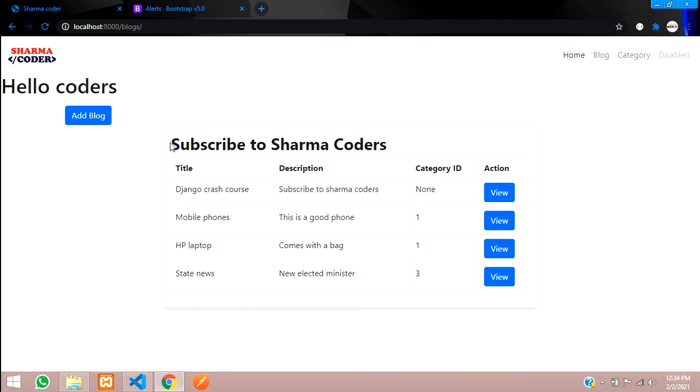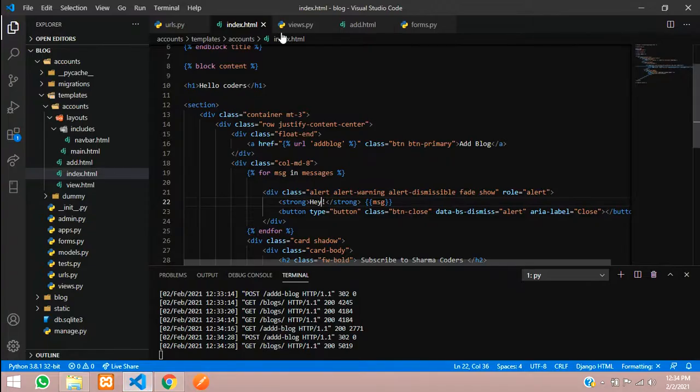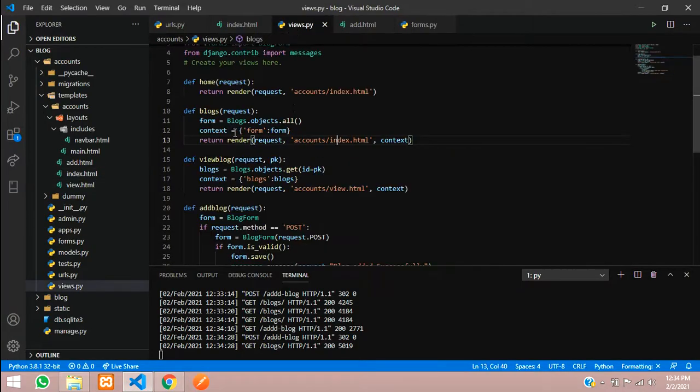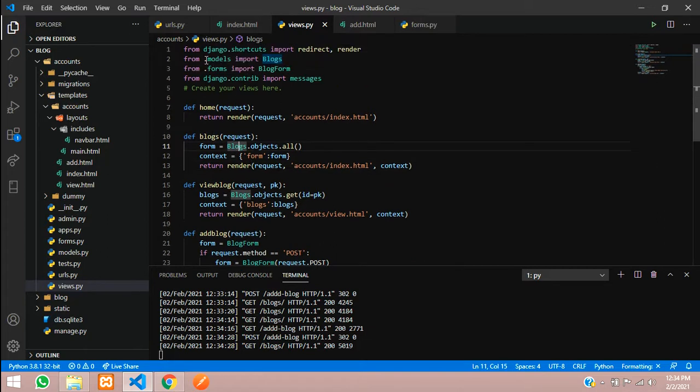So in this video we have seen how to insert the data. For retrieving the data we have already seen, it's already here, I'll just show you the code. It's very simple. So here on the blogs page, we have just done blogs.objects.all. This is the model Blogs which you have imported from your models. So blogs.objects.all will fetch all the data from the blogs. In future I'll make a video on how to use all these queries in Django models. So here we have fetched all the data, we have passed it in this variable, and